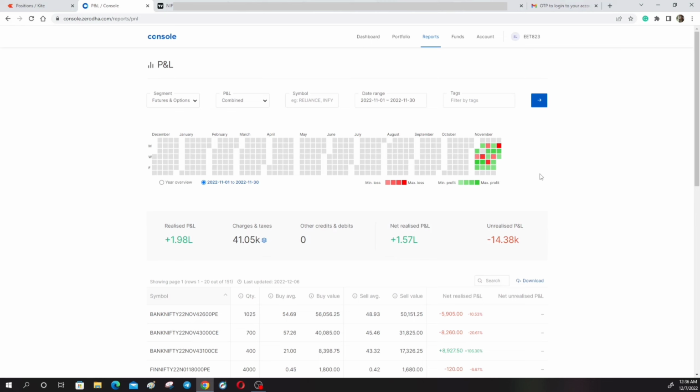Not a great month for me, but still a good month for me. Okay, nothing to complain about, but there is a lot of scope for improvement in this particular month, December. So in December I will take care of it. और यहाँ मैं कोशिश करूँगा कि जो मिस्टेक्स यहाँ पे हुए, मैं एटलीस्ट उन्हें दोबारा ना करूँ. ओके, दिस विल बी इन माई हेड इन दिस पर्टिकुलर सीरीज, द ऑनगोइंग सीरीज.